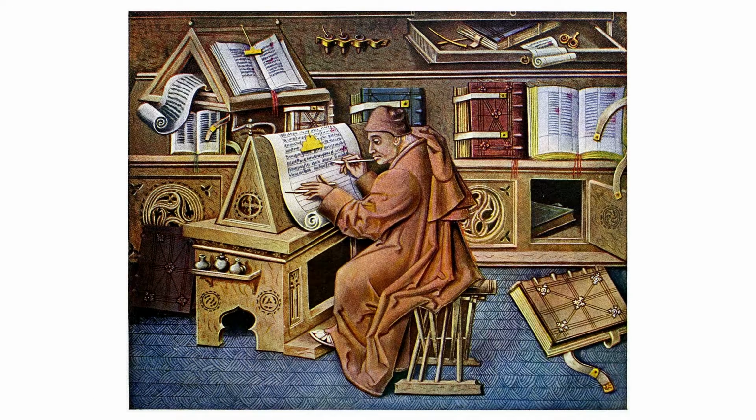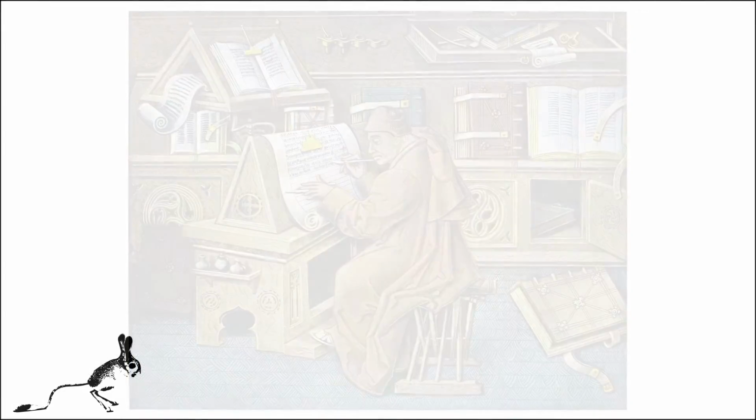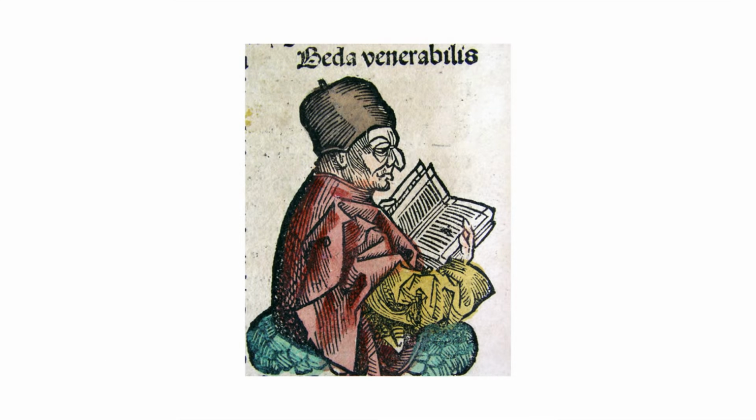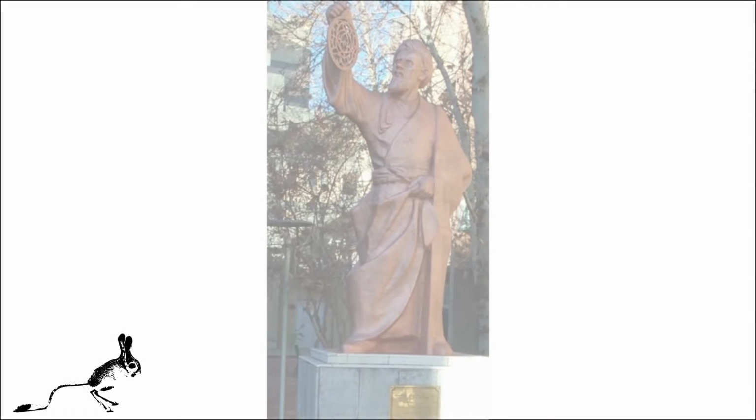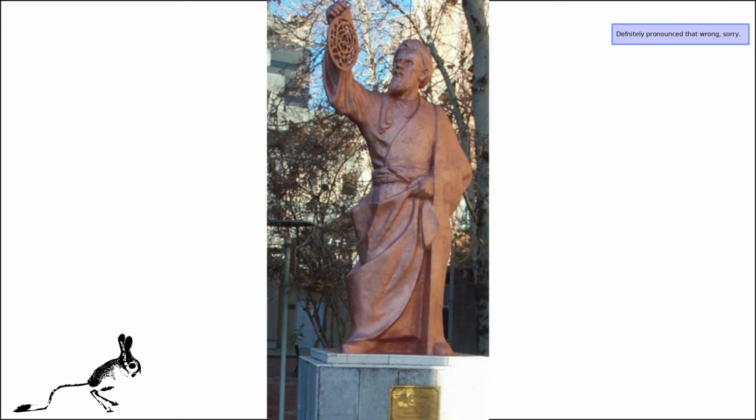Before the invention of the printing press, any texts had to be written by hand by the author or a scribe and physically copied by hand if needed. After the classical period, scholarship continued, in Europe largely in monasteries by monks such as Bede in the later 600s and Alcuin in the early 800s. Elsewhere, there were great thinkers such as Al-Khwarizmi in the 800s and the rich tradition of Indian mathematics from about 500 onwards.